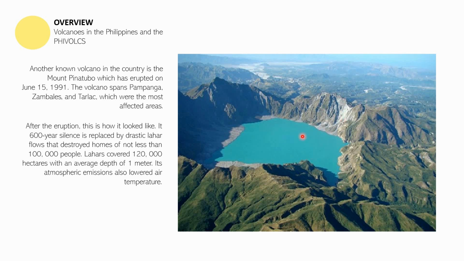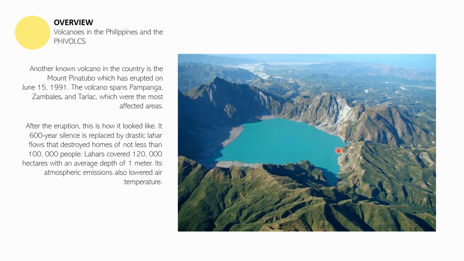After the eruption, ganun yung naging itsura niya. Mayroon siyang malawak na lake na nasa gitna. It has been actually silent. Okay, prior to 1991, it has been silent for 600 years. Pero yung katahimikan naman niya, it was replaced by drastic lahar flows, which destroyed so many homes of not less than 100,000 people. A lot of people also died during those times,